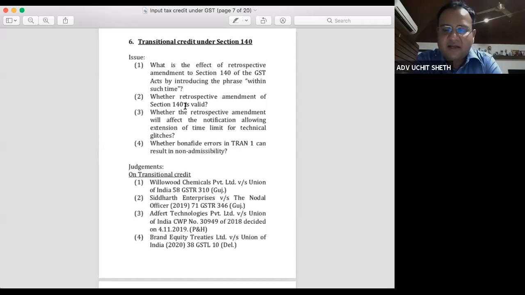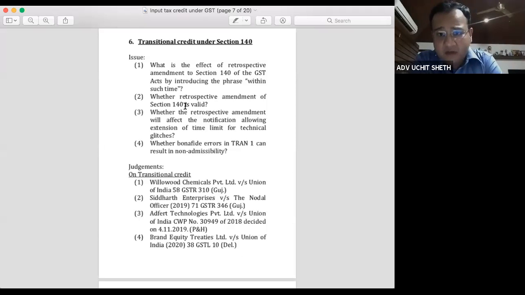Against the Punjab and Haryana judgment, the SLP is dismissed, but it is only a simpliciter dismissal of the SLP, and it would not be a binding judgment of the Supreme Court. The Delhi High Court judgment stands stayed by the Supreme Court, so Supreme Court will ultimately decide whether it is correct or not. For the time being, for Gujarat at least, Siddharth Enterprises holds the field.